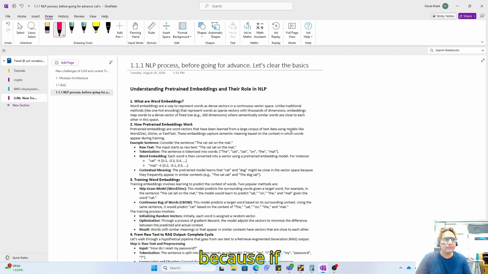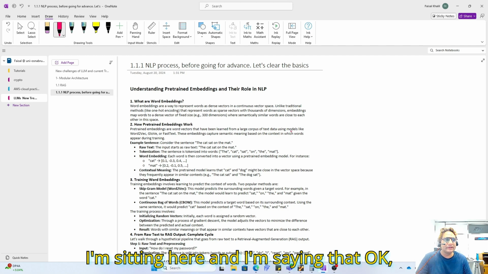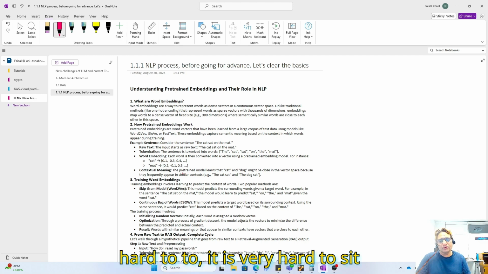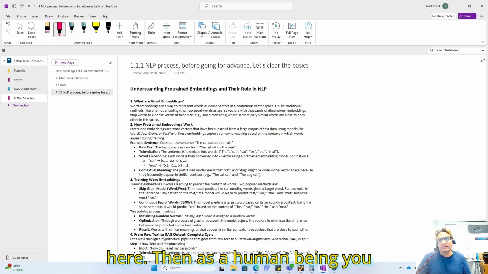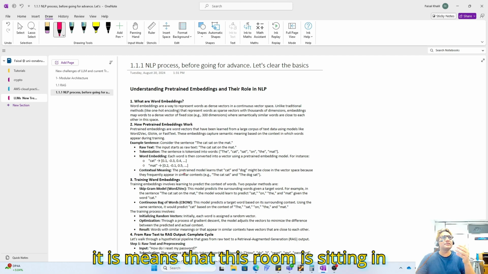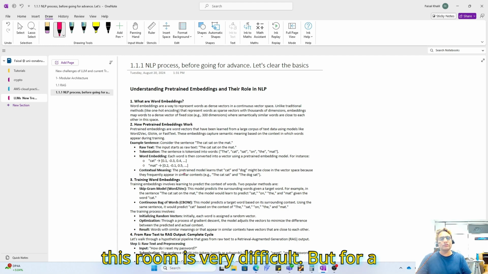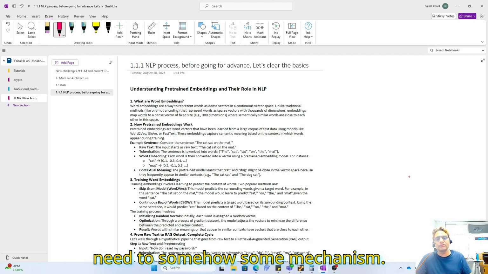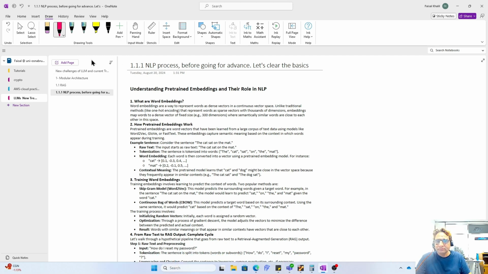If I am sitting here and I say, "it is very hard to sit here," then as a human being you easily know that "it" means this room, that sitting in this room is very difficult. But for a computer, what "it" refers to is very difficult to understand. That's why it needs some mechanism.